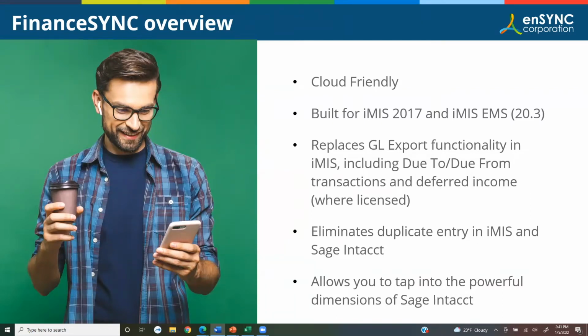We have replaced the general ledger export functionality in IMIS, including due to, due from transactions and deferred income. This integration will also allow you to take advantage of the powerful dimensions feature in Sage Intacct. The implementation process will include an analysis of the dimension requirements for Sage Intacct. We'll ask you to identify which Sage Intacct dimensions are being used and will be needed for assignment in IMIS,